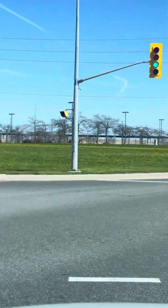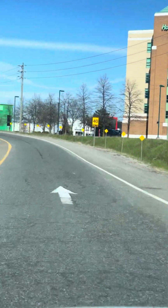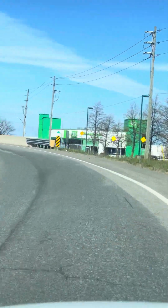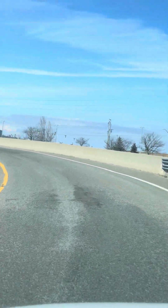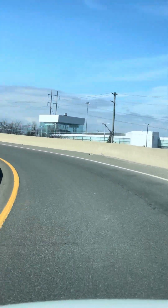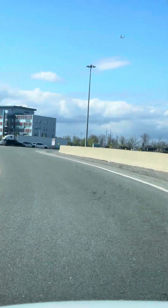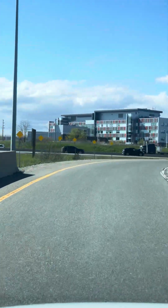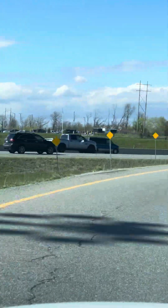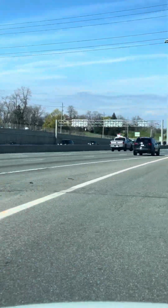I look around, and then this is the speeding ramp, but it is curvy, so a 40 is suggested here, but I can do more than 40. That is not mandatory unless it is black and white. If it is yellow and black, it is just a suggested speed. So I am currently doing 55 to 60, and then it is about straight here. Then I pick up my speed and I need 100,